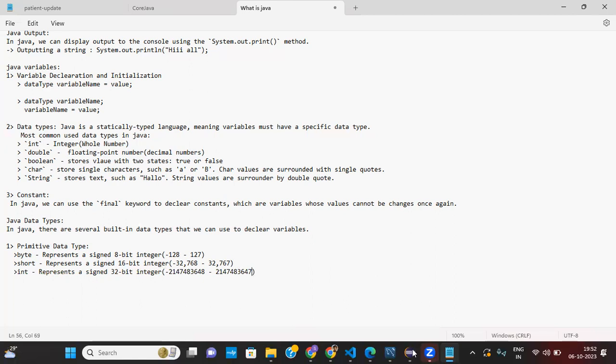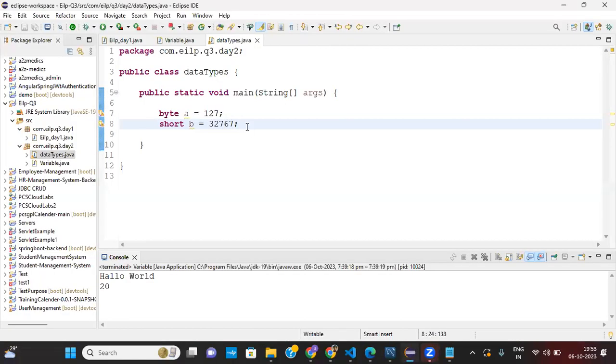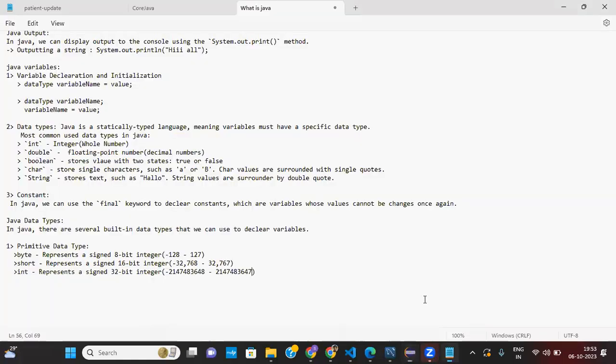Let's check. How many digits are there? 1, 2, 3, 4, 5, 6, 7, 8, 9, 10.